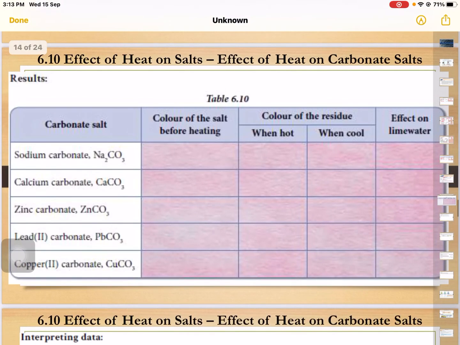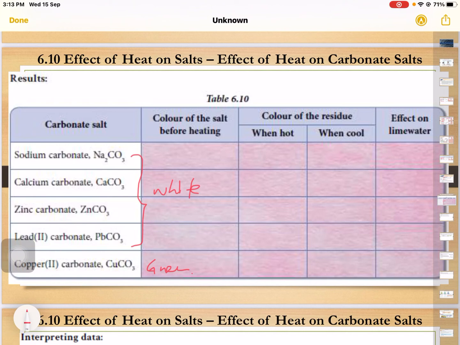Okay, so ini table dia. Ini adalah 5 carbonate salt yang digunakan, iaitu sodium carbonate, calcium carbonate, zinc carbonate, lead(II) carbonate dan juga copper(II) carbonate. And color of the salt before heating, kalau kira semua ni adalah white, kecuali copper(II) carbonate je warna dia green. Okay, color of the residue ni, okay, sepatutnya bila